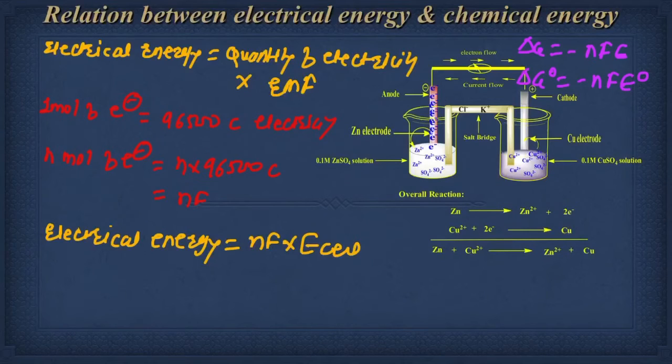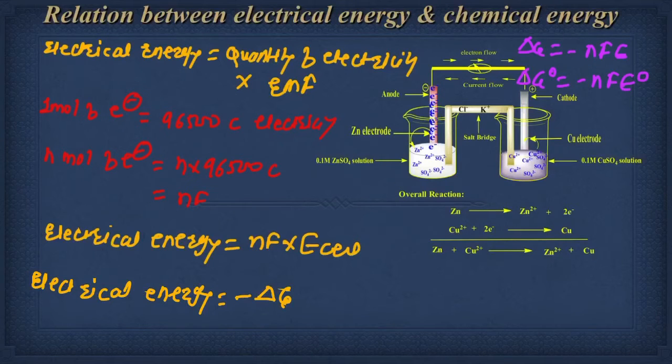According to thermodynamics, if a spontaneous reaction comes into the picture, there will definitely be a decrease in the free energy. So we can say that the electrical energy generated in an electrochemical cell is equivalent to the decrease in the free energy of the system. So we can write the electrical energy is equal to minus delta G, that is, the change in the free energy of the system